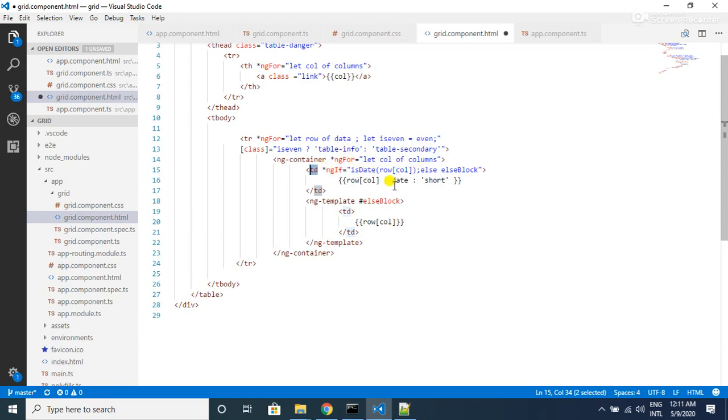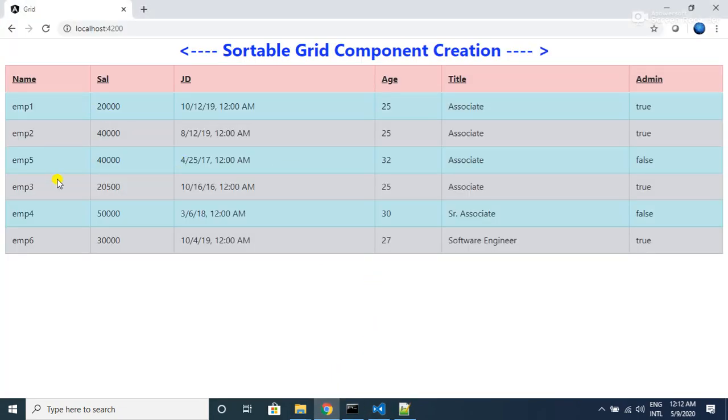That is the reason why we have moved our for loop to the top level, that is the ng-container level, and inside this ng-container for each loop we are checking the data type of this particular object. So let's save the file and open the browser. There we go. Now all our data is coming properly, and we are also formatting our joining date.